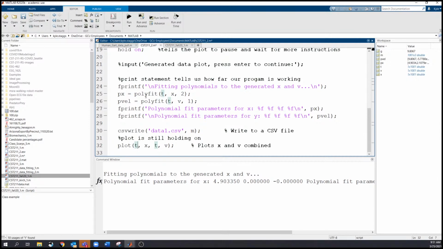This now, we would still use T, our same X range, but now we're going to use our PX. And now we're going to use our P vel. But we need to specify how we want those to show up, because it'll just overlay those as new lines if we let them. So what we want to do is a line spec for each of them, and that means we need our single quotes, and we need to do something like maybe